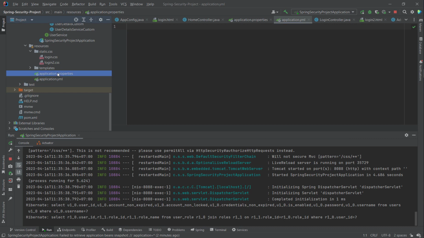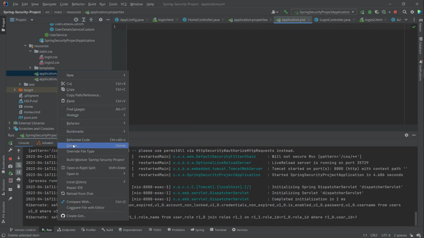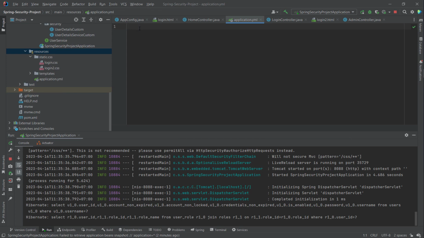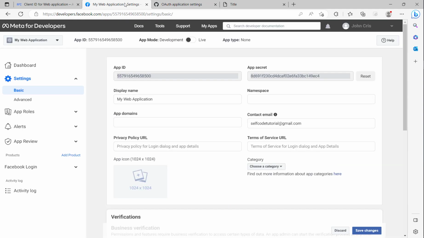Here I will delete this properties file here. And first change the server port to 8085, because you can see in here